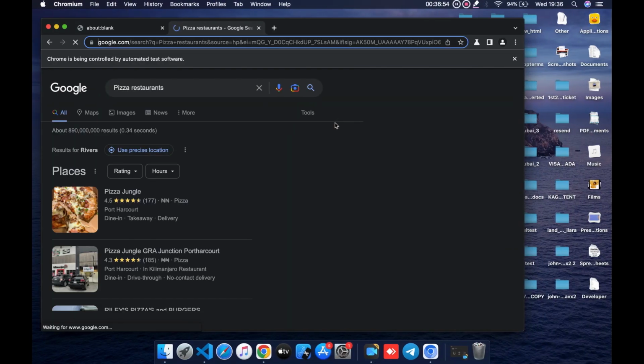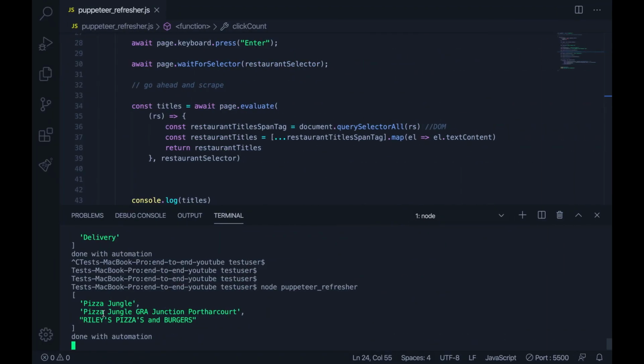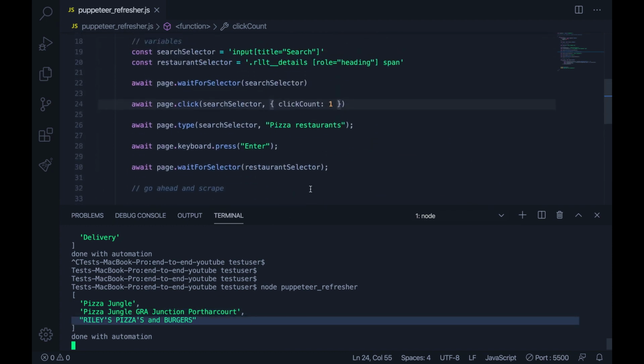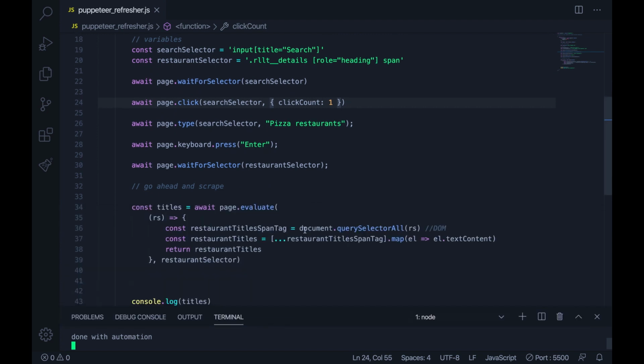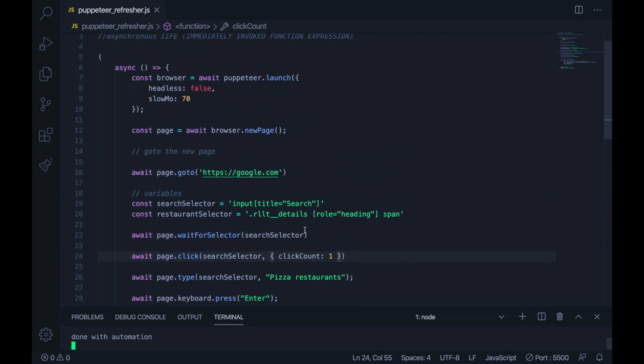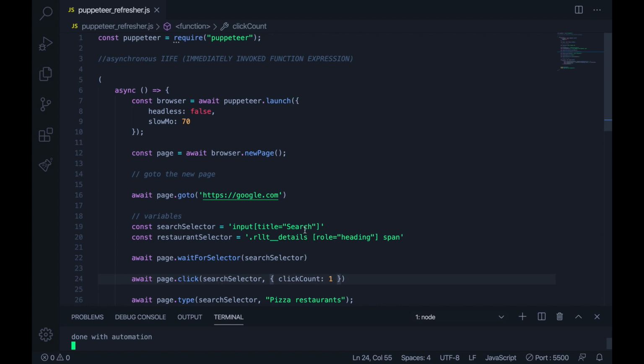Hopefully we get a good result. Awesome. So we get Pizza Jungle GRA, and Riley's Pizzas and Burgers. Perfect. So I guess that's it for our refresher. So generally, just to refresh the refresher,